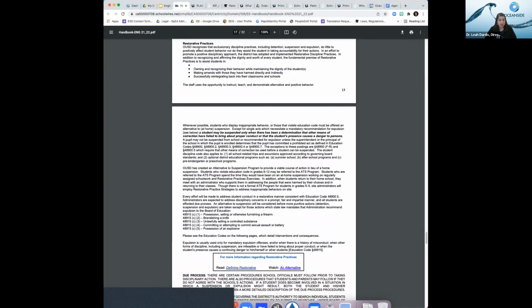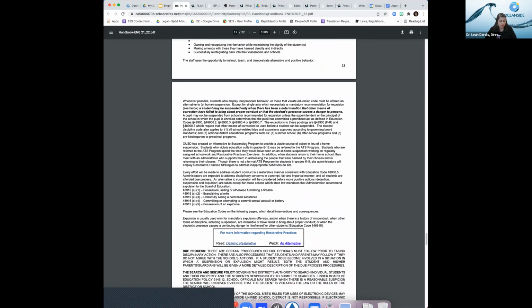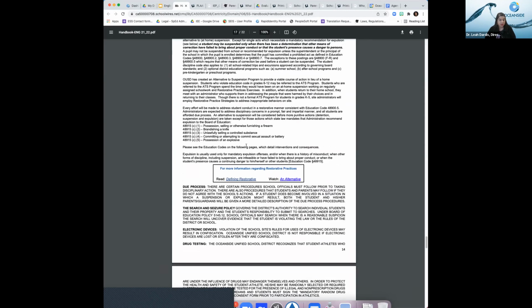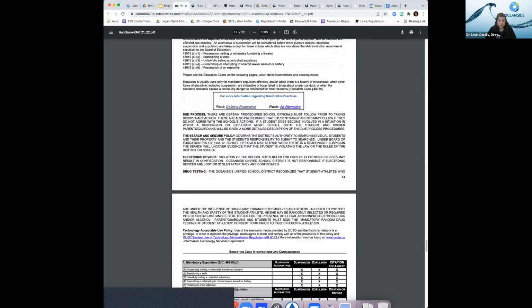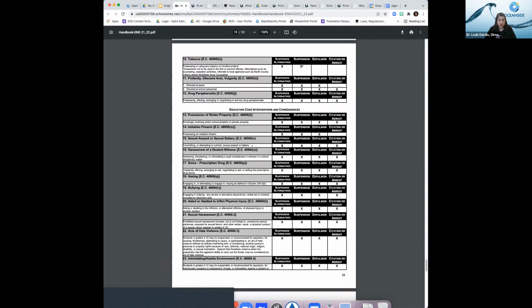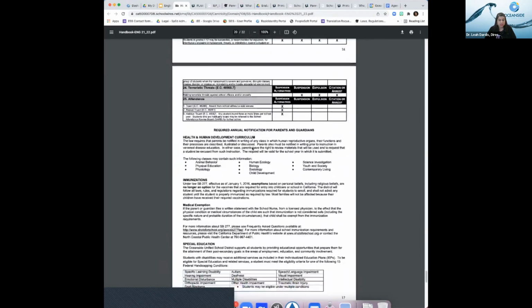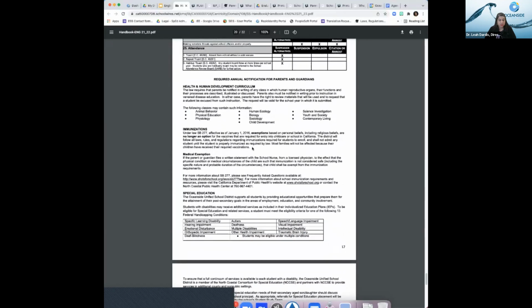This doesn't always talk though about when we work with students who have disabilities, who have IEPs, because their disciplinary code is a lot more representative of their disabilities and how that might impact the discipline under their eligibility. But again, this gives you all of the general education reminders about